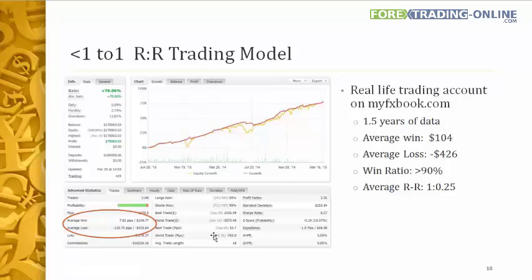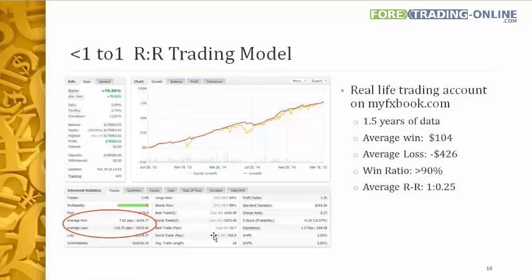So in essence, what he has been allowed to do is, in reality, keep his losers on because of his fundamental approach to his trading strategy. And by doing this, he has averaged an R to R of 1 to 0.25 and has such a high